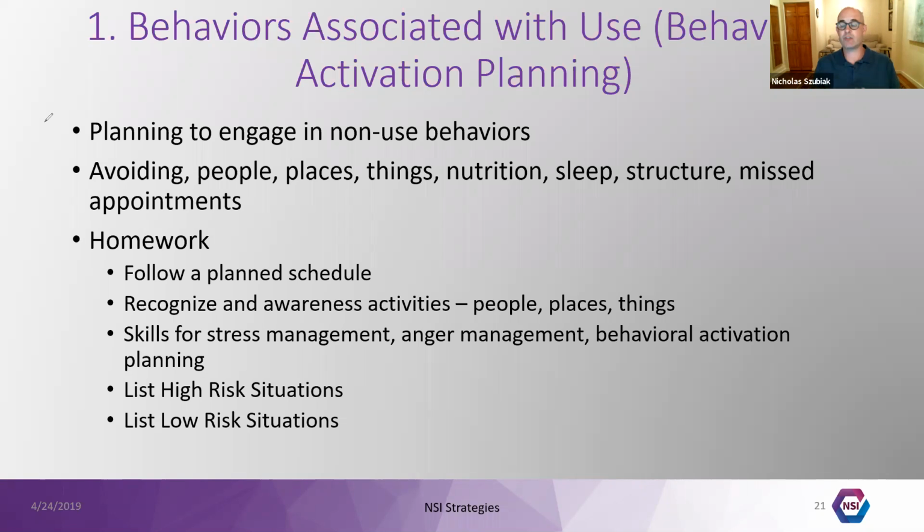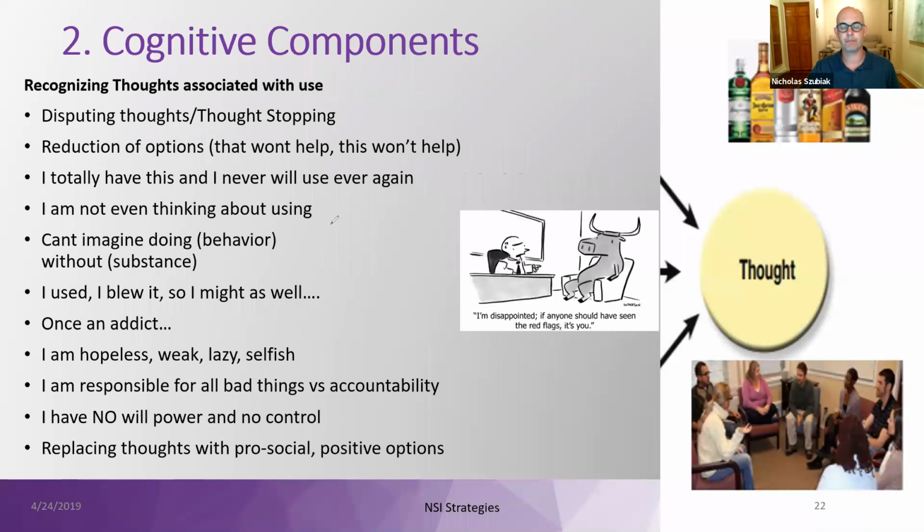And then making a list with patients. What are my high-risk situations? What are my low-risk situations? Making this aware, making this present, putting it on paper, making it tangible, having them keep it in their pocket. Again, that's helping support the science of what we know. Our work is really rewiring, in support with the MAT medications, the neural networking in the brain. So any skills that we can use to bring in to re-message this stuff is going to be so helpful. Maybe it's an index card. Maybe it's putting it on a calendar. There's a lot of different ways that we can help patients externalize and internalize this outside of our sessions with our patients. And so homework's really helpful with that.